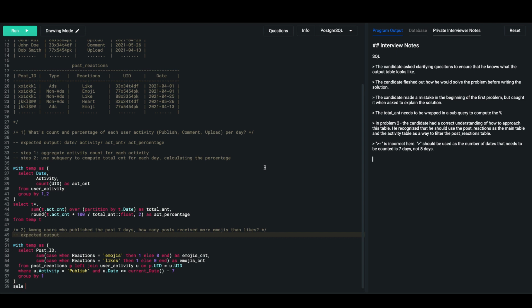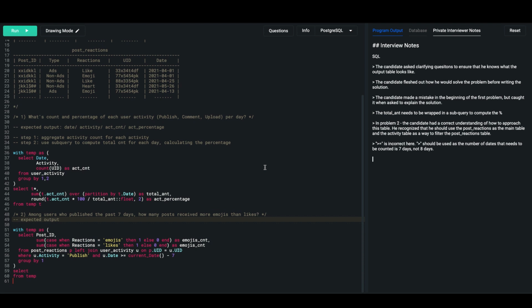So I think the next step will be just return how many post IDs from the previous tables where the, like, receive more emoji than like. So basically just